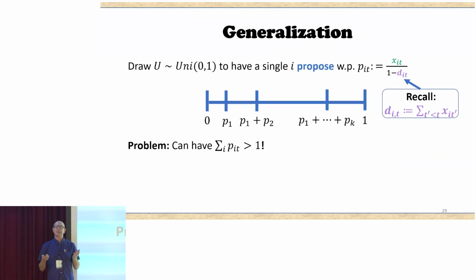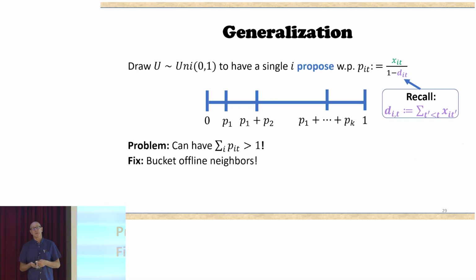The problem is that the sum of the p's can be strictly bigger than 1. Then what do we do? So instead of just